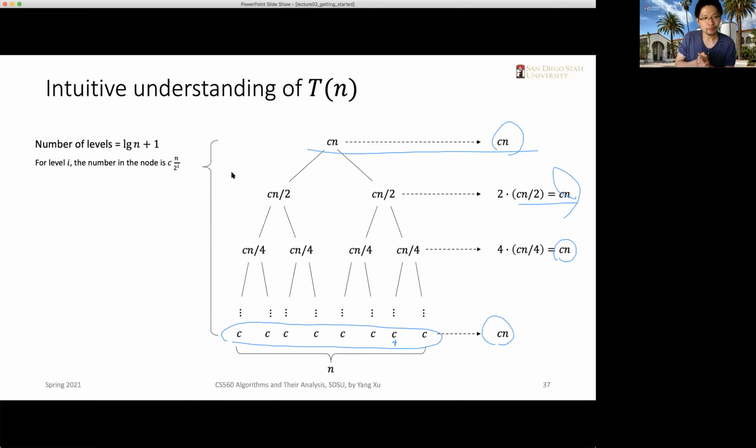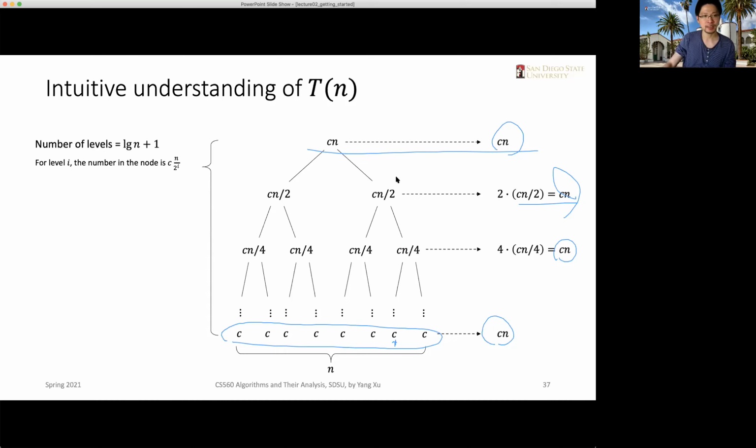So now we need to use another piece of information. We know that each level sums up to C of n, to C times n. So we need to know the number of levels or the depth of the tree, right? And that is also